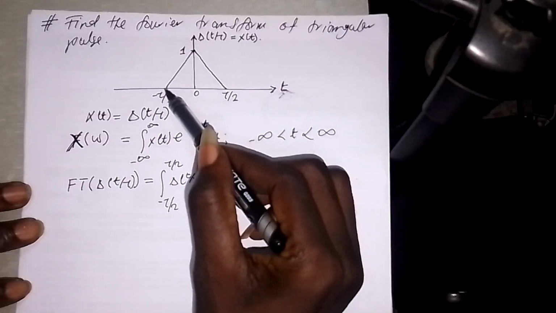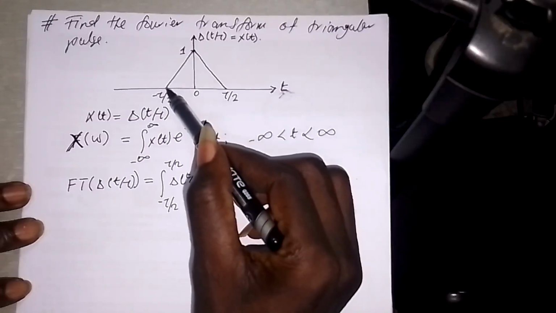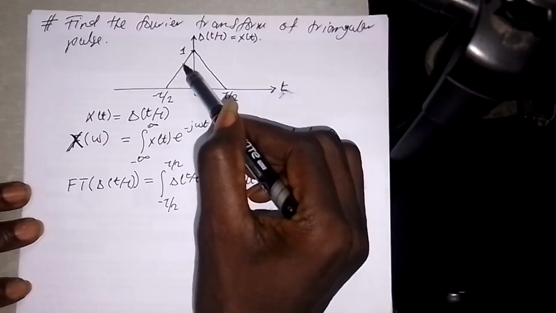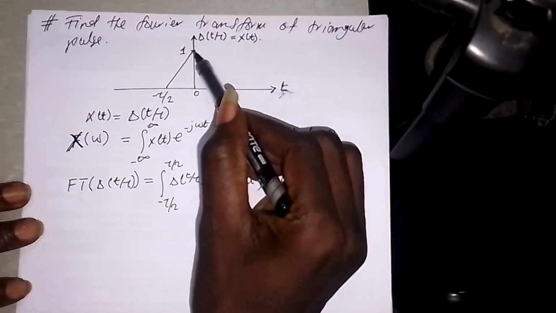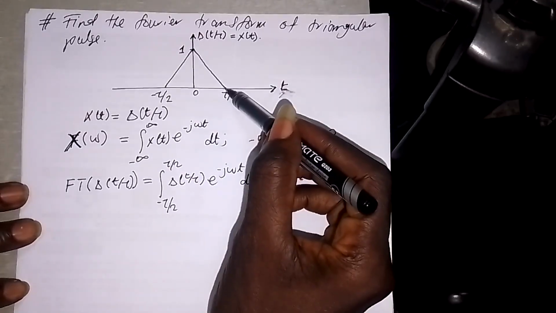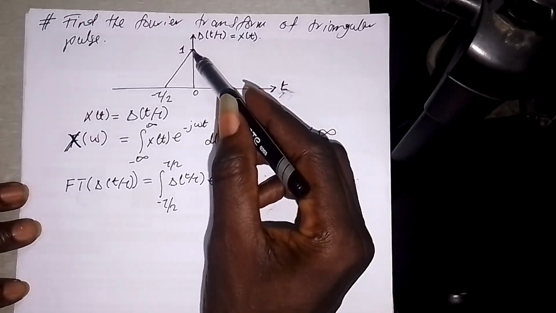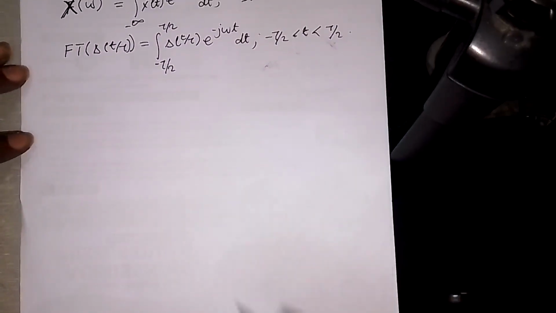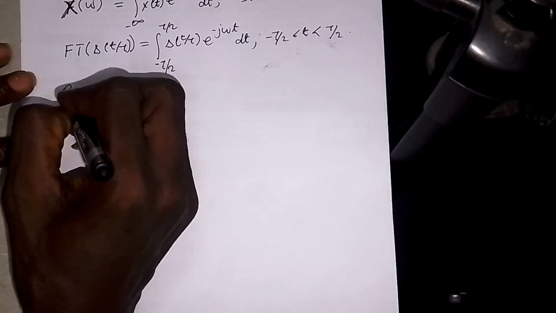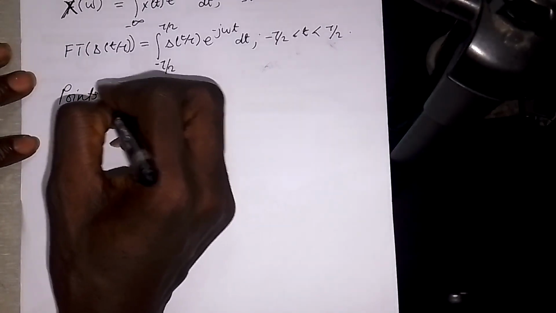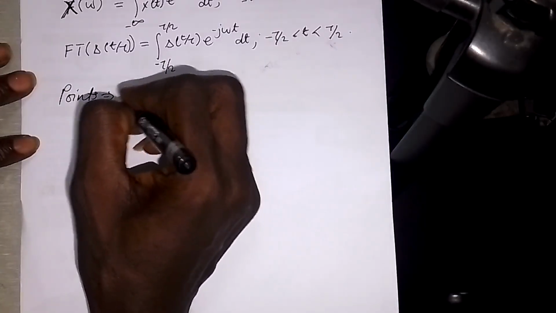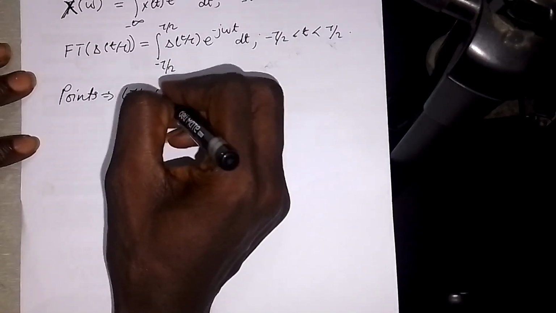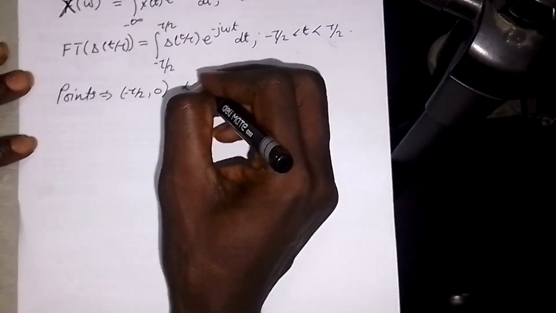Here the points are minus tau on 2, 0, and 0, 1. So I'll determine the equation for this line, and then for the other line, where the points are tau on 2, 0, and 0, 1. So I will determine the equations of these two lines. To determine the equation of the first line, I'll use the points minus tau on 2, 0, and then we're going to have